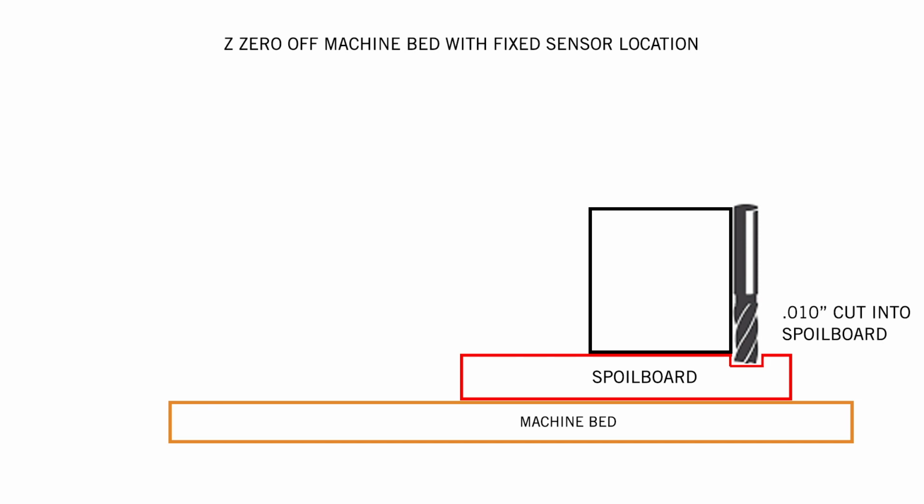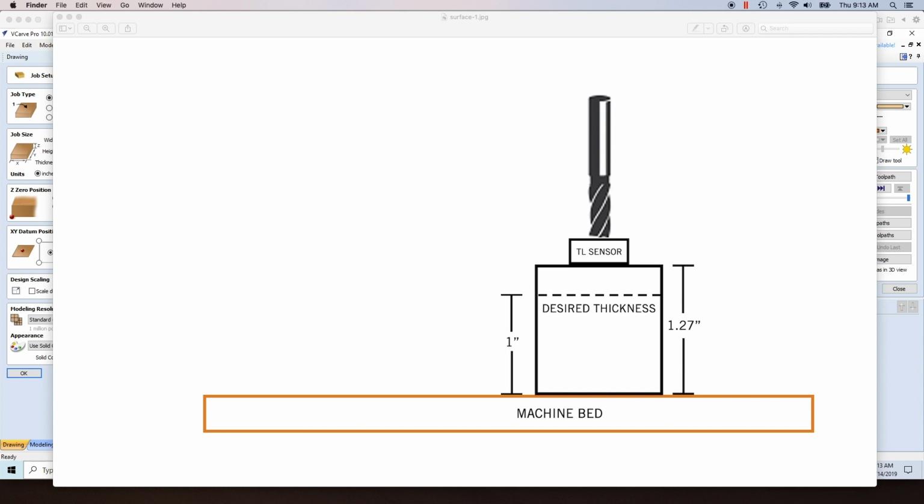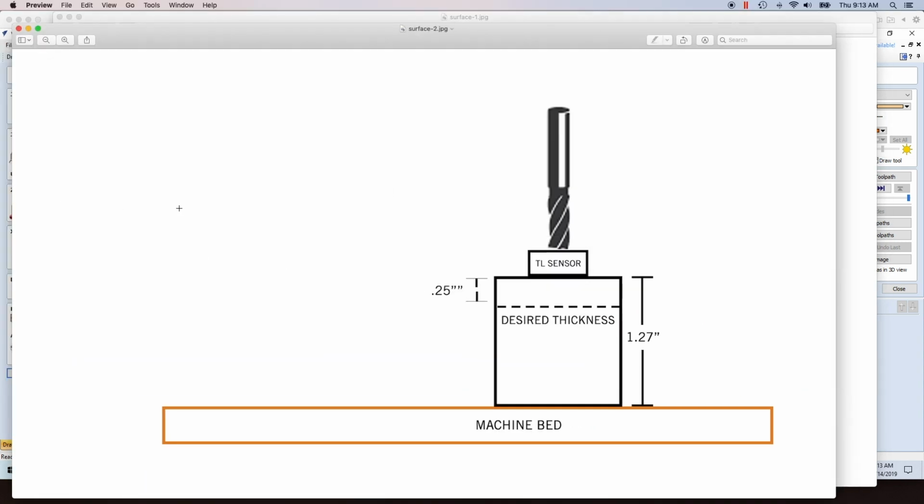Now, one of the things that we have to look at here in this example, I'm measuring my material. It's at 1.27 inches. Now I'm thinking that this is 1 1/4, but it's actually 20 thousandths over, and my desired thickness is 1 inch. In this particular case, we have to figure out, is this really the best way to do this? If I use my tool length sensor on the top of the material and I take off 1/4 of an inch because I'm assuming this is